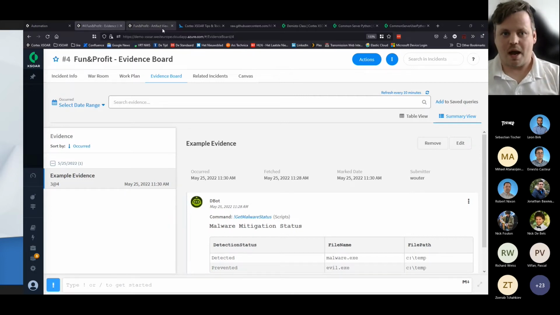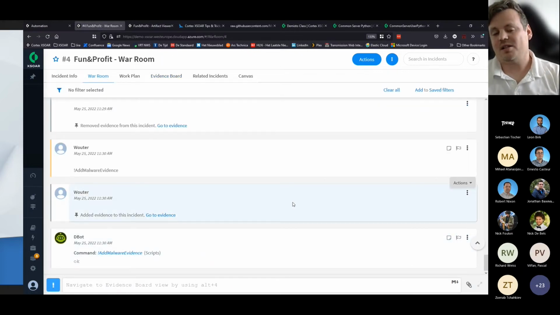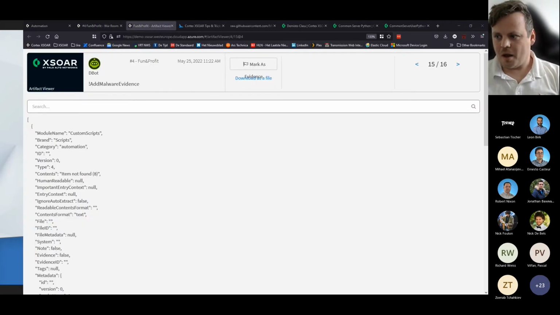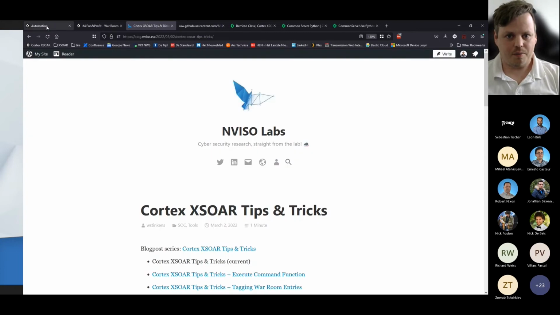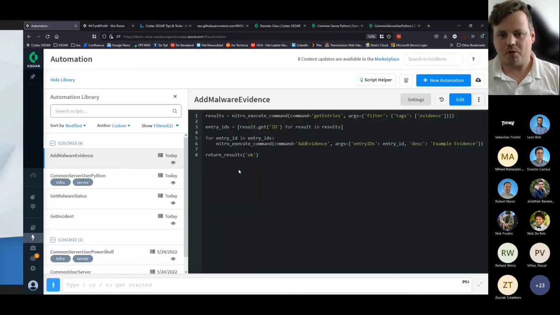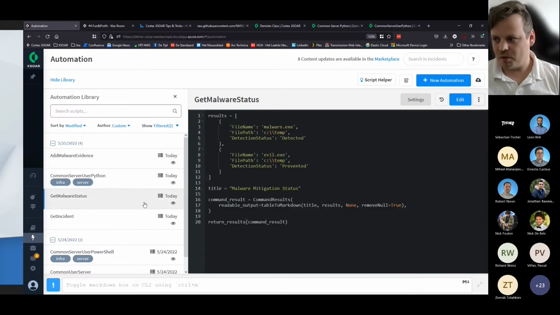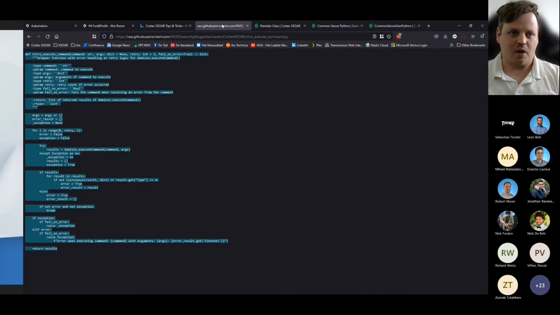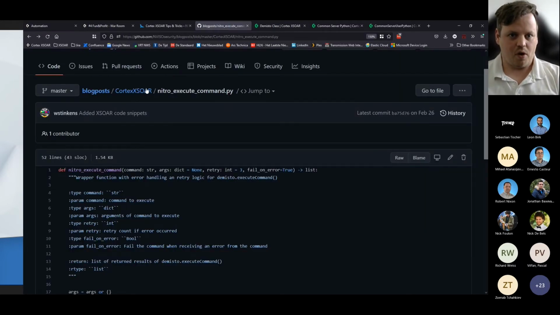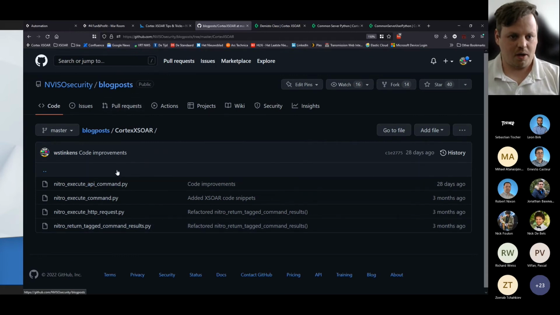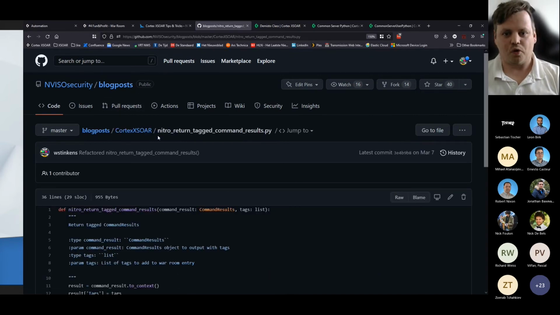But what we did now is we added the tag manually. Well, we actually also want to do this from an automation. So how would you do that? It's basically an undocumented feature. If you want, we have written a blog post about this, so you can revisit this afterwards. What you can basically do is in the command results, you can add the tags key to it manually. If you use the return results function, this does not happen, but we again have created a custom function which does this. So if you go to our NVISO GitHub repo,